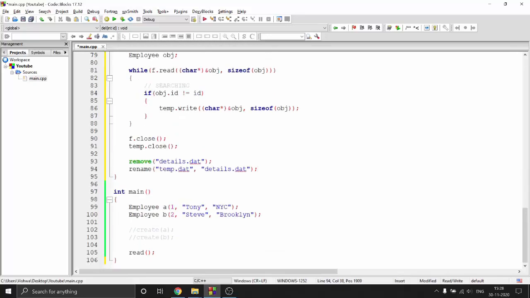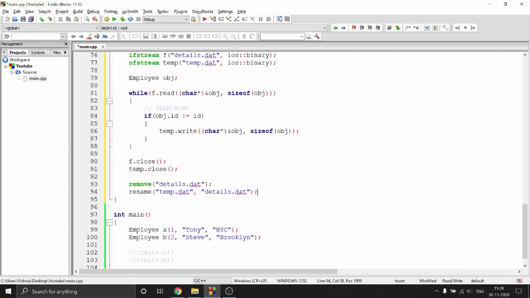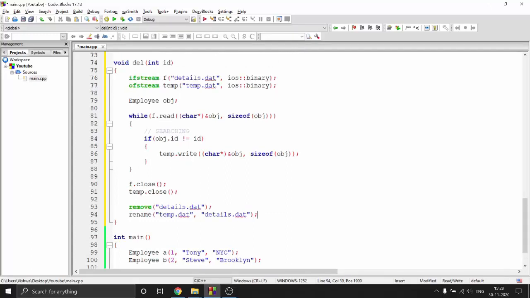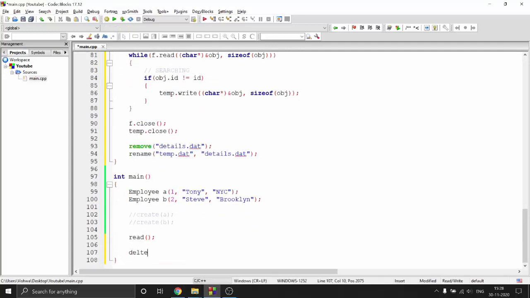That's it. See how simple it is to delete something. It's just a workaround. You don't have a delete method in binary files, and this is how you delete it. You just create a copy without this record which you want to delete, and then you just rename it in the end, right? So if, let's say, I want to delete this, first of all read that, delete ID number 1,